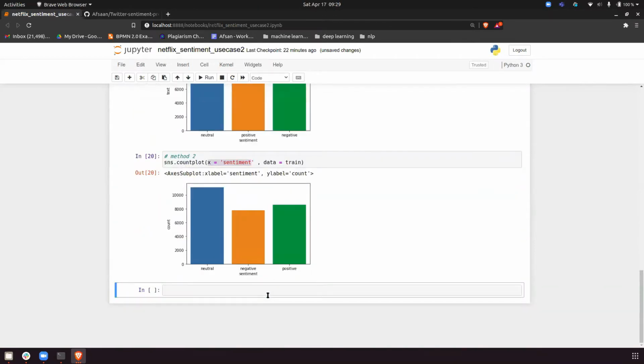Till here it's clear to everyone what we are trying to do. We're just trying to find out whether our data is balanced or imbalanced. Okay, so it seems the data is okay. It's not perfectly balanced, but it is not unbalanced either. So the data is good for now to work with.